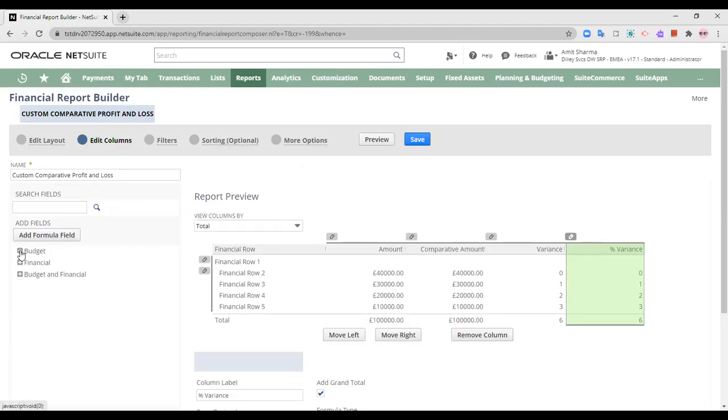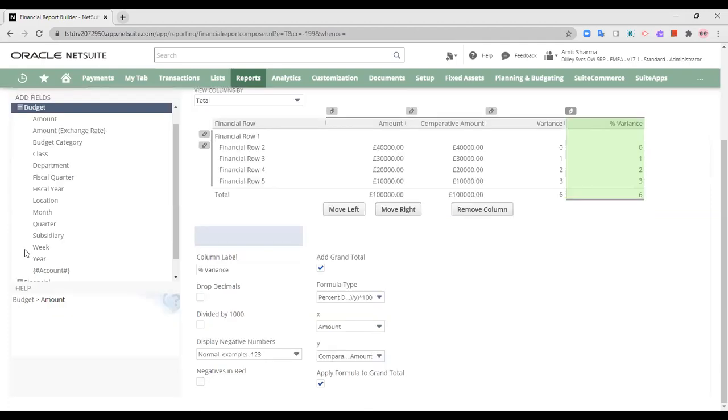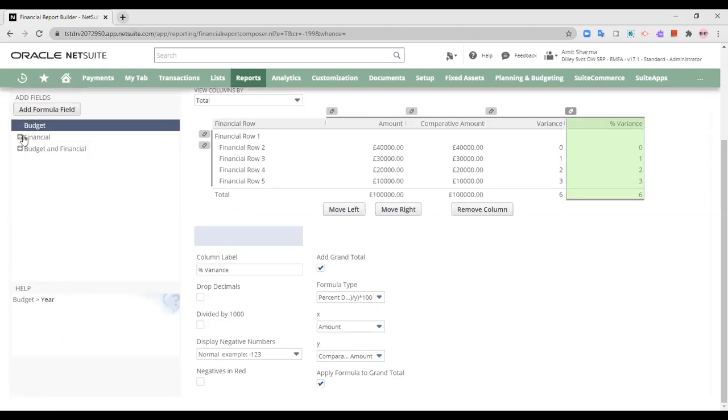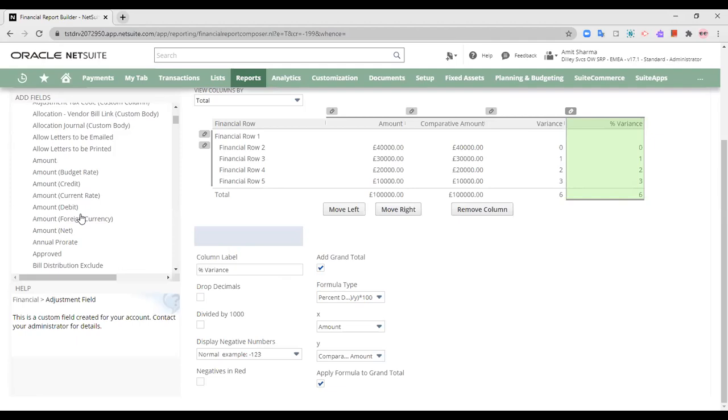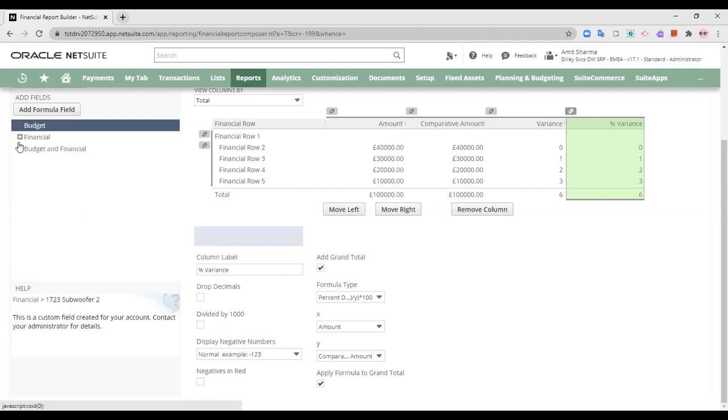Also you can add a particular column if you want. You want the class or the quarter subsidiary information to be presented in the report without customizing it in that manner. You can add a field for subsidiary, quarter, class, budget field, anything. Now also you can add certain financial fields, such as the adjusted amount, the cash amount, country of origin, settlement, any exchange value, foreign currency amount. All of this you can add.